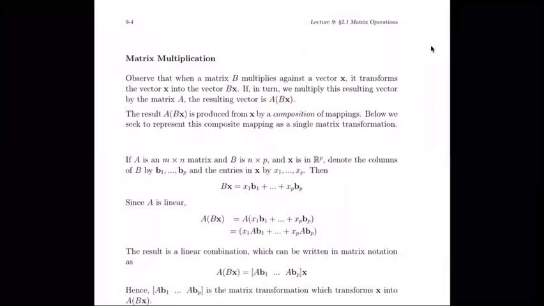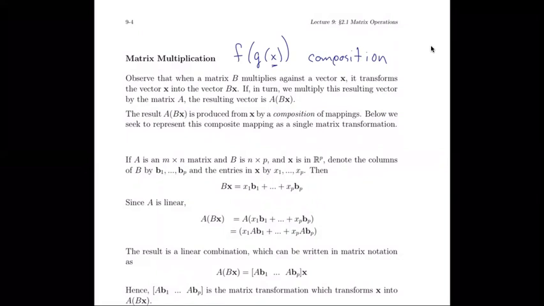We think of it like this. Maybe we have f of g of x. We apply g to a variable x as a function, and then we apply the function f to the output of g. This is the same thing as composition of functions. And in the case of matrix multiplication, A times B times x, this expression right here, can really be thought of as a composition of mappings. So this is an example of composition that we've seen, applying a function to the output of another function. And in this case, matrix products can be thought of as